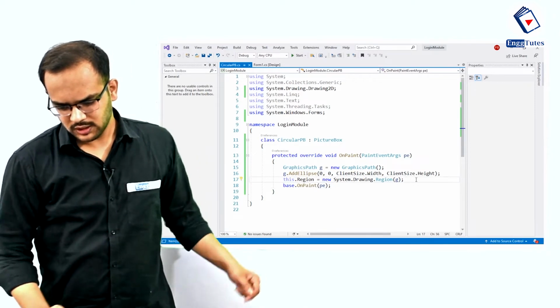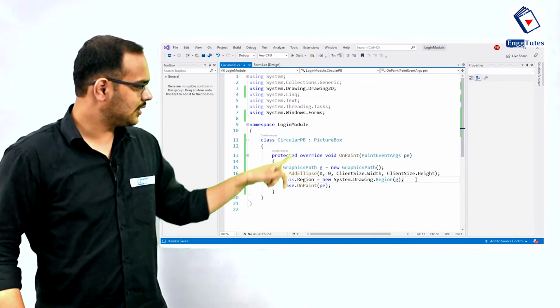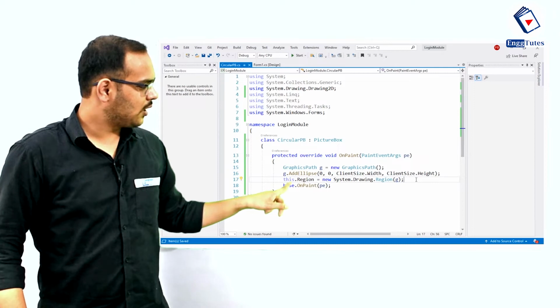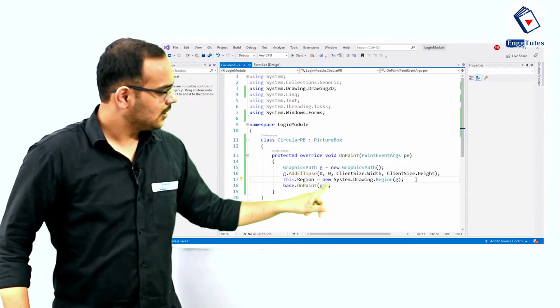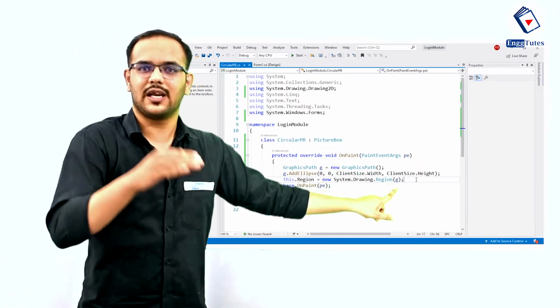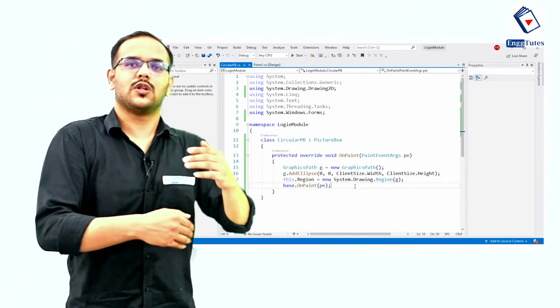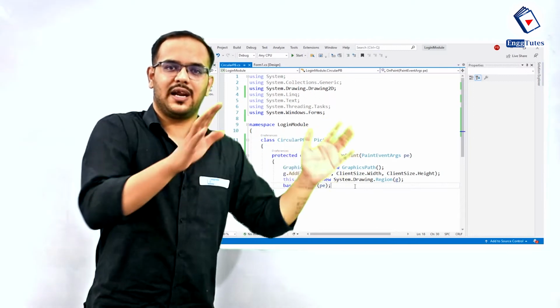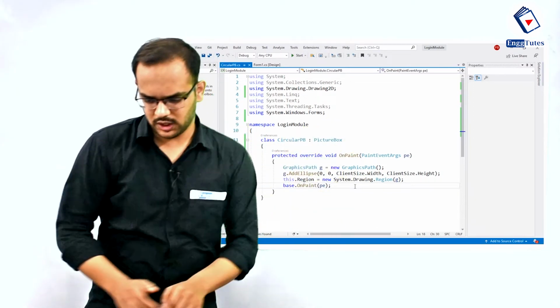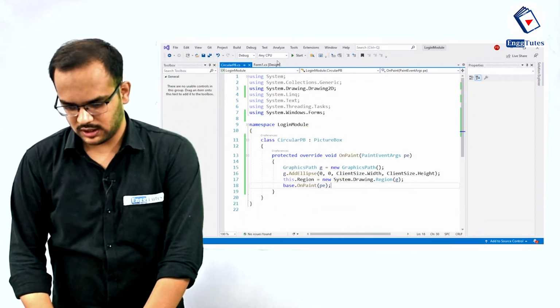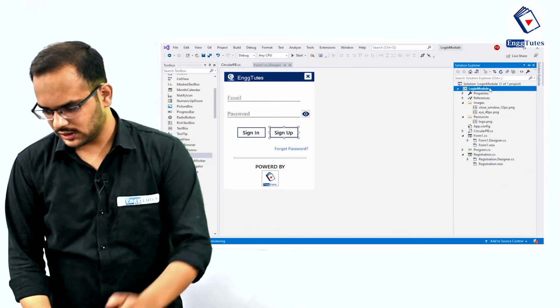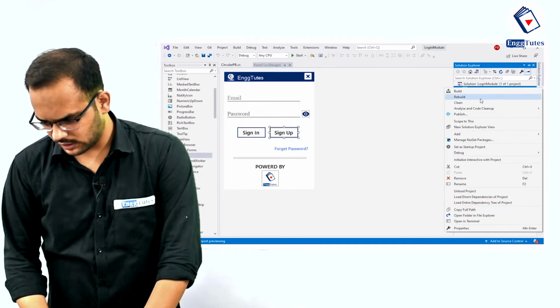This.Region represents our circular PB. So the circular PB region will be replaced by the ellipse that we are creating, and now we are painting our picture box. That picture box region will not be rectangular, it will be an ellipse. So just save it and rebuild your application.